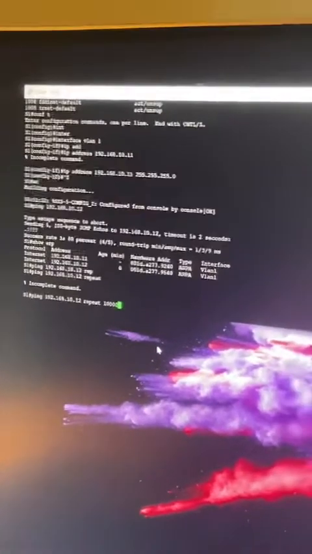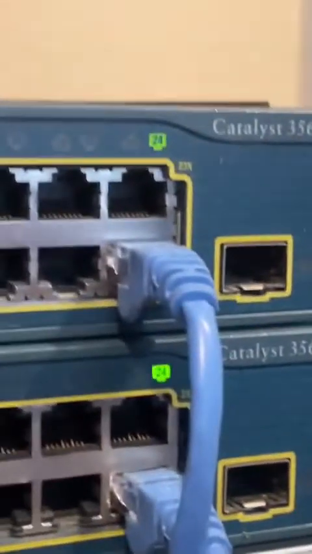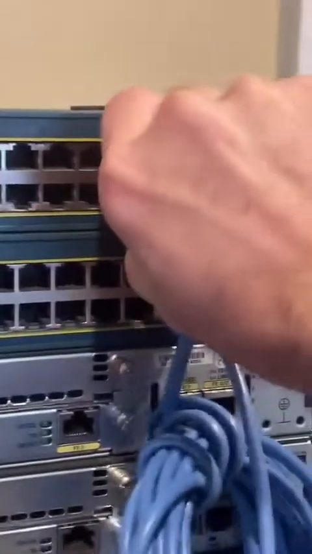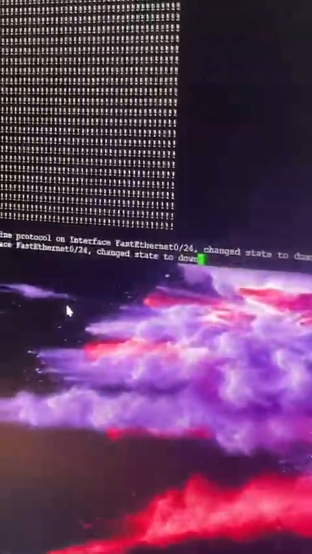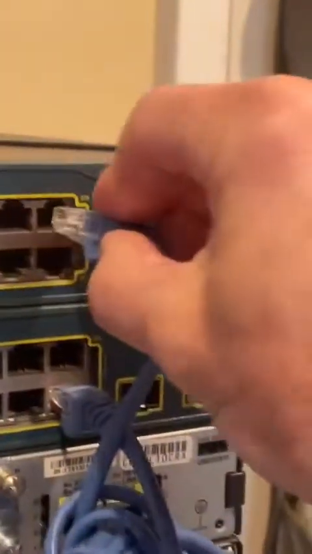Like this? Yeah. So it's ping. The pings are going. Look at all the chatter on those ports. If I unplug this cable, obviously the pings will stop. Protocol goes down on FastEthernet 24. And when we plug it back in,